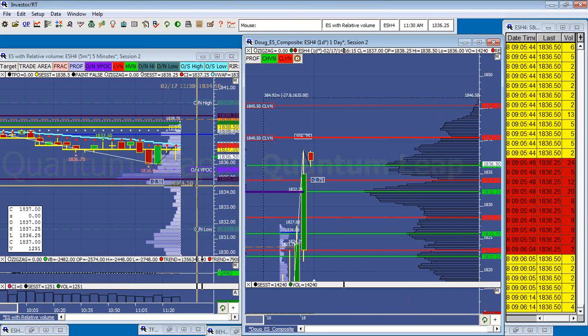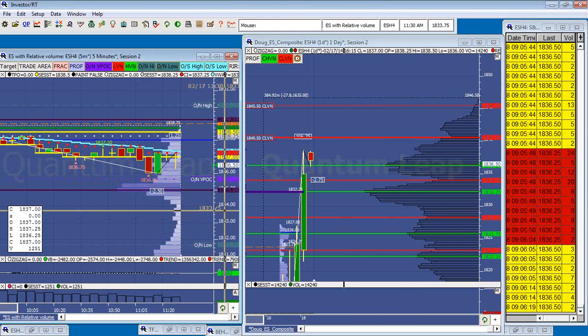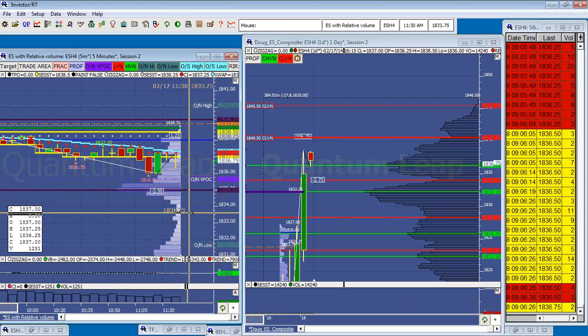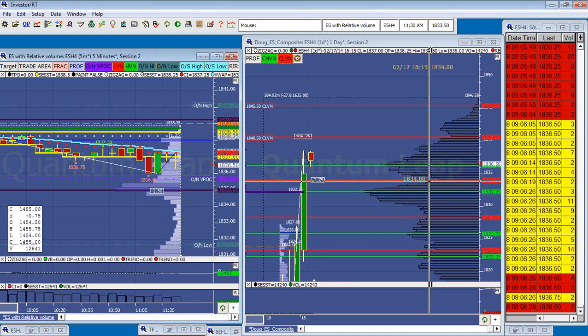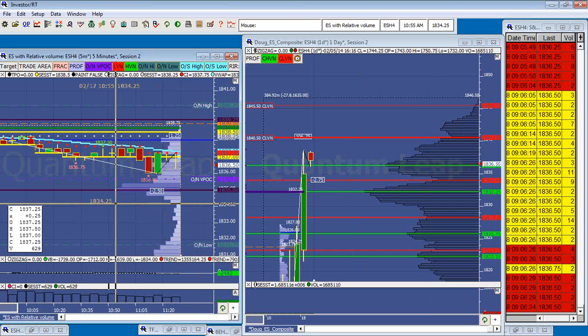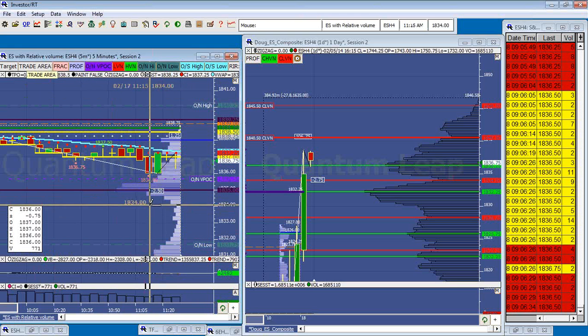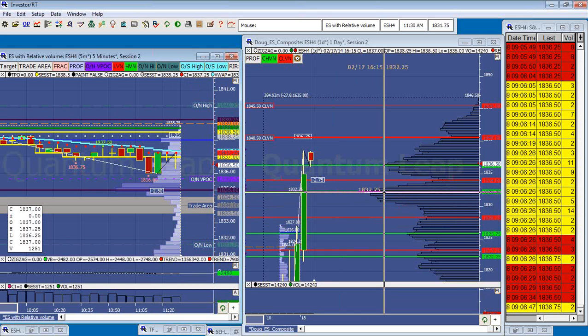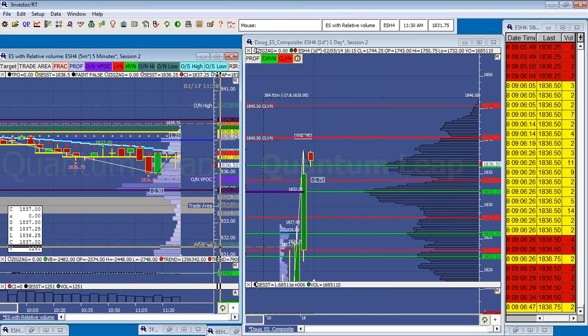So in terms of what's going to happen on the open, we still got 25 minutes, but if we can hold above this 34, we're going to be in this upper distribution, and it's really defined by both the CLVN and the LVN from the upper distribution from Friday. So this is going to be a main trade area for me right here at 34, because if we get below 34, I'm looking to come down to the microcomposite VPOC at 32.25 to find buyers, and will likely push